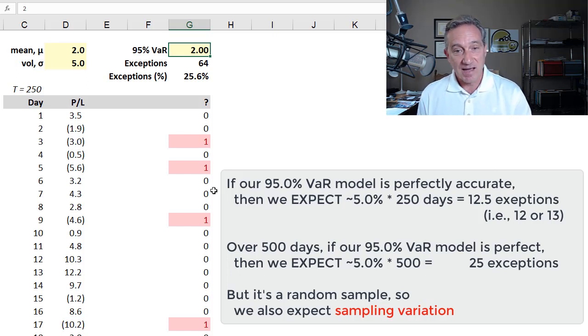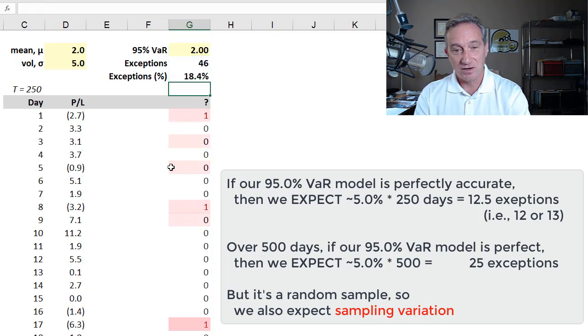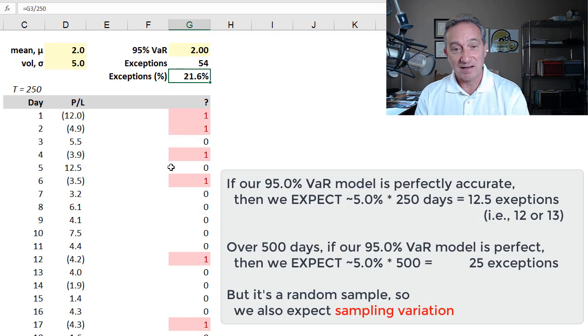And the point of the backtest would be to expose that. You can see here, if our actual VaR is 2, there are 64 exceptions, 25.6% of the sample size. That's way off from the 5%. Again, we expect the percentage of exceptions to be equal to the significance level of our VaR, 1 minus the confidence. And so this would immediately, under almost any scenario I run here, our backtest would expose that our VaR